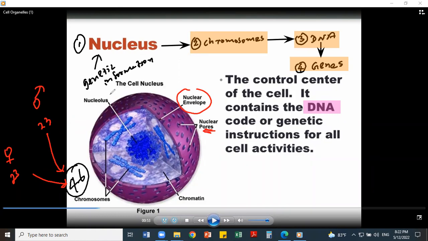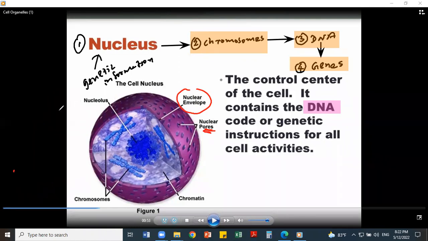What is this nucleolus? If you can, put an arrow and write: nucleolus produces ribosomes. Please, if you can, take a screenshot of even this. Nucleolus produces ribosomes. Ribosomes are produced by the nucleolus, and those ribosomes come out from these nuclear pores, and they get attached to